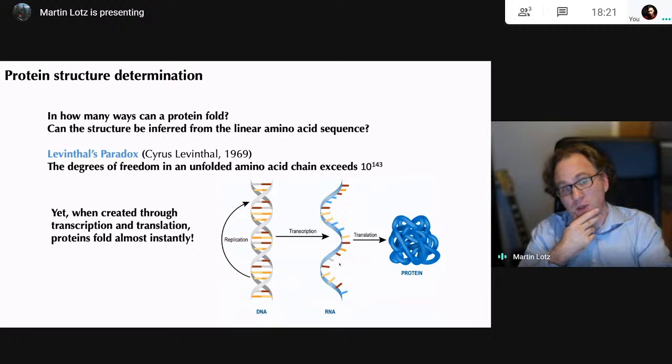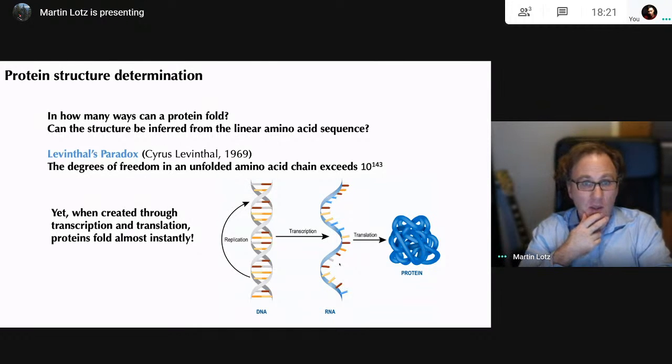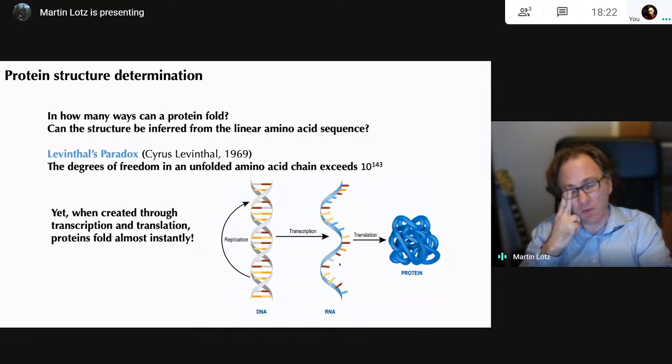And there's something that's called Levinthal's paradox. So this was posed by Levinthal in 1969. And what he noticed was that the degrees of freedom in an unfolded amino acid chain can be extremely large. I mean, if you have thousands of amino acids in a sequence, the number of possible ways in which this can fold can be just ridiculously large. Okay, but